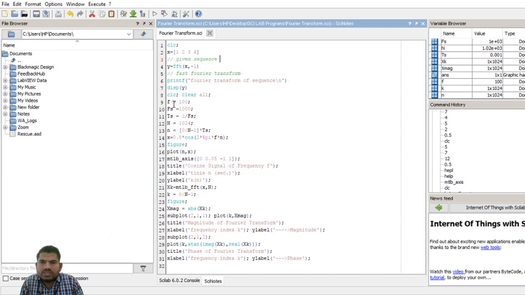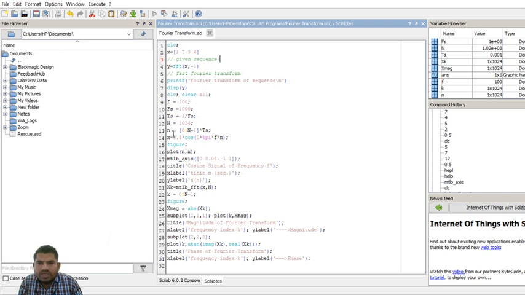The f is the frequency, and Fs is the sampling frequency. The number of points is 1000. Here for the frequency I am giving 100. Now t is the sampling time, which is nothing but 1 by Fs, here 1 by 1000. The number of discrete points I am taking here is 1024. These are the number of samples, the number of discrete points.